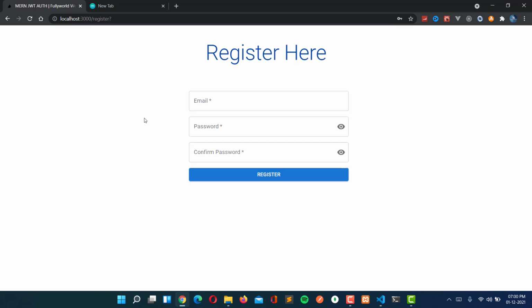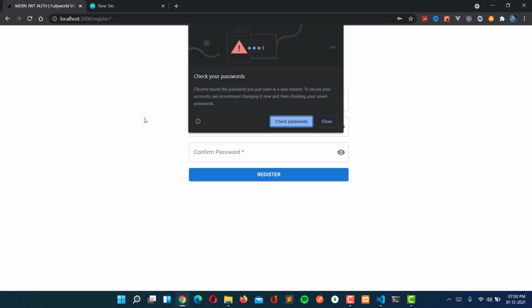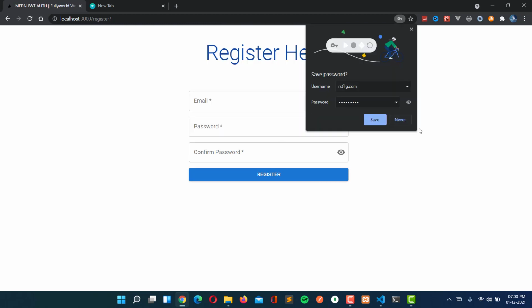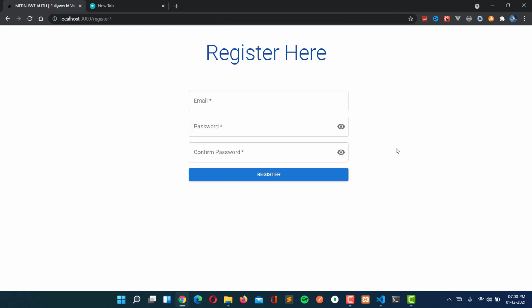Because when we deploy this, we will create the front end build, and then we will attach that build with the backend, and then we will deploy that backend to Heroku or any other service. I will try that also, like to bring the Azure Web Service, that is Microsoft Azure Web Service. So for today this is enough.